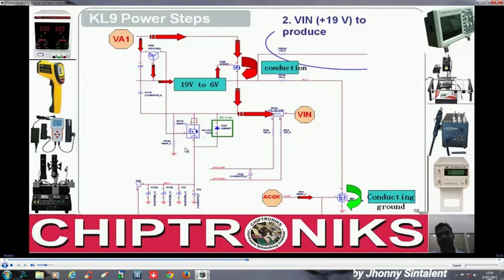So for turning this MOSFET off, the current is going over here, right? The current is going over here. The voltage at gate is more or less equal to voltage at source, so this will get turned off. This is the way of generating VIN in an i3 board or in a Lenovo board, whereas in a dual